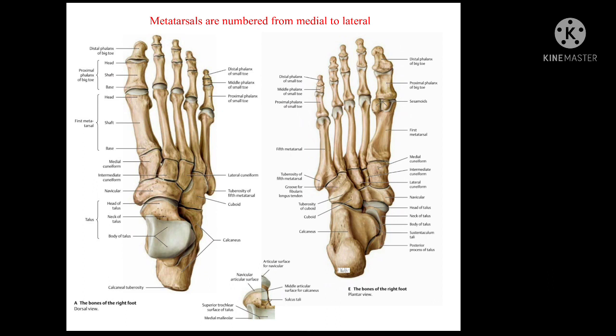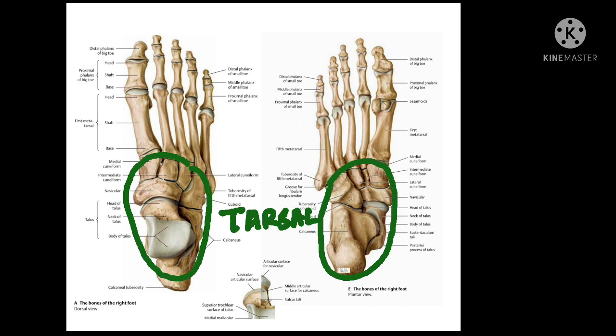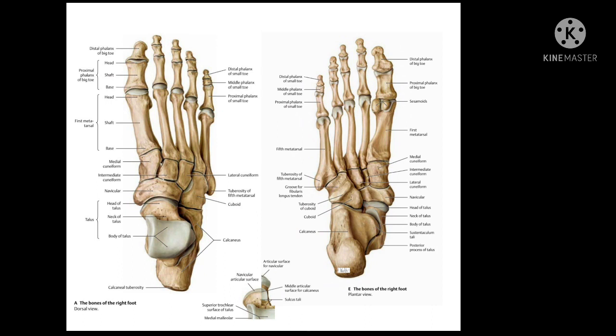In this context, I should mention that the tarsal bones on the proximal end of feet are 7 in number, consisting of talus, calcaneus, cuboid, navicular and the 3 cuneiforms, namely medial cuneiform, intermediate cuneiform and lateral cuneiform. Altogether 7 tarsal bones. On the other hand, the phalangeal bones at the distal end of feet are 14 in number,